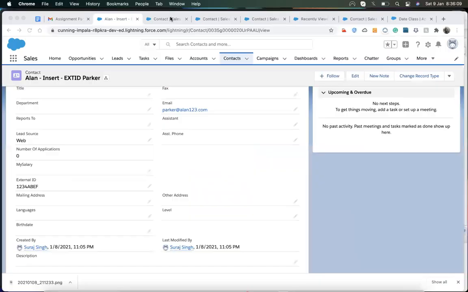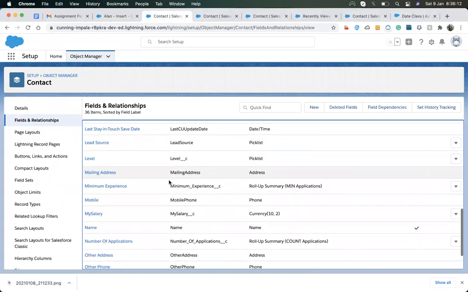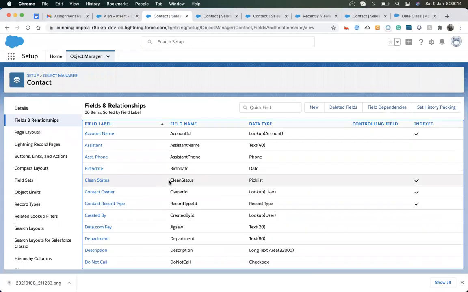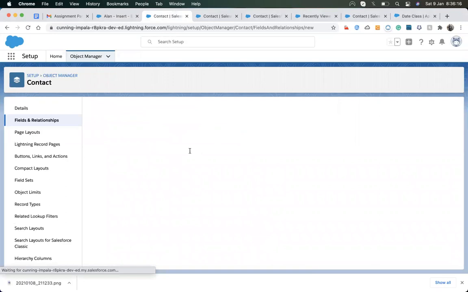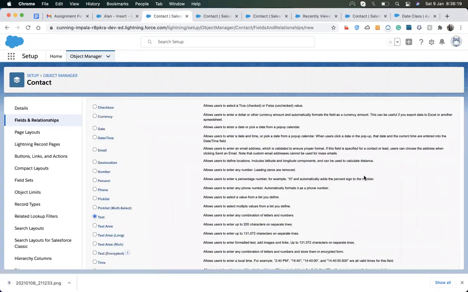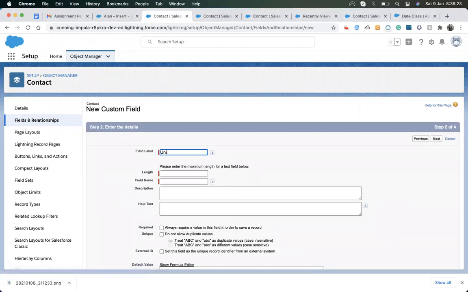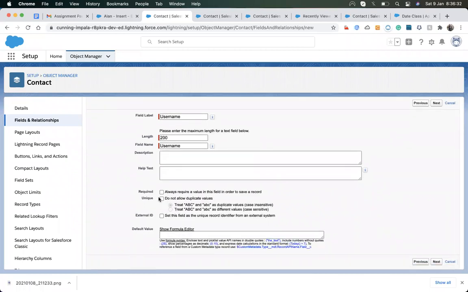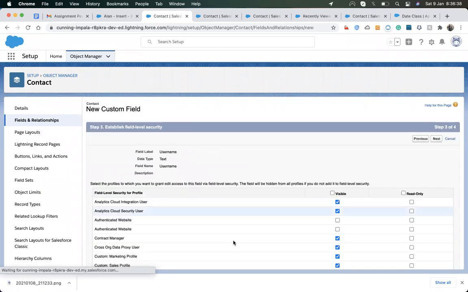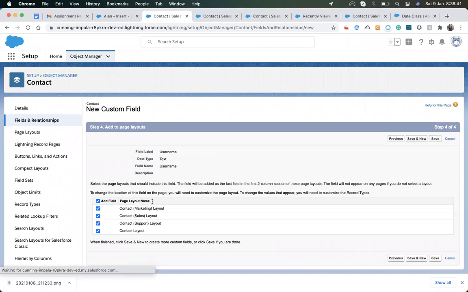Let me check, because we have one more option available up here. Suppose I have a text field called username, and I make this unique. I'm not making it an external ID, I'm making it unique.